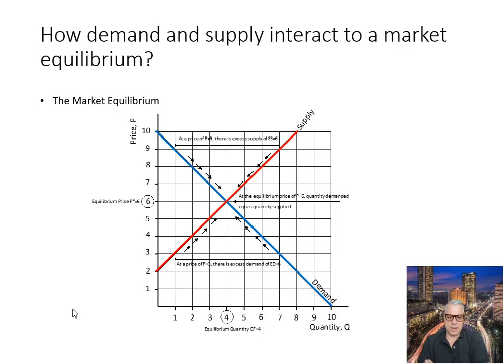And likewise, whenever there's excess demand, that will push up the price, and then with higher prices you will see more producers supplying the good. So this is the heart of economics,